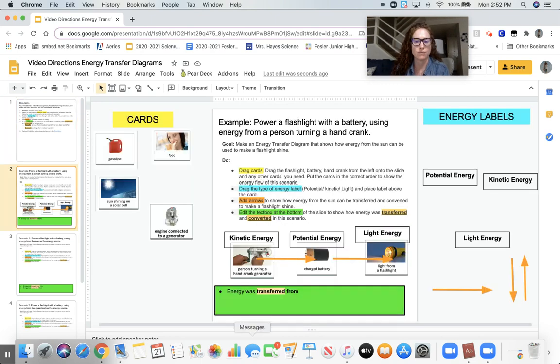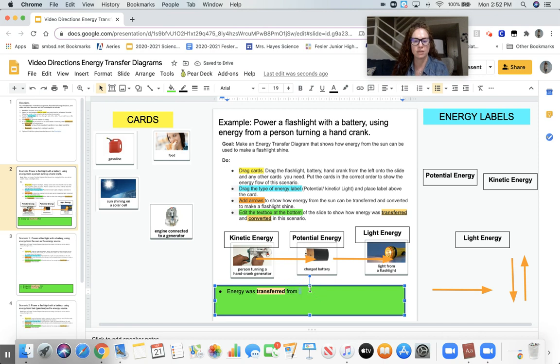Okay, so energy was transferred from the hand crank to the battery and then to the lights, the flashlight. Comma there. Okay, so I explained how energy was transferred. Energy was converted